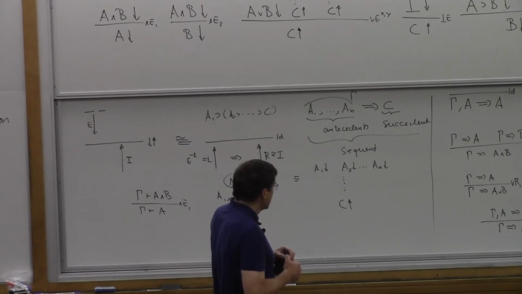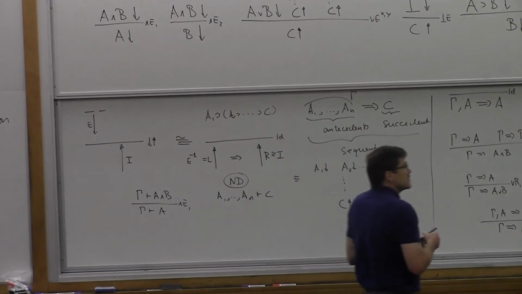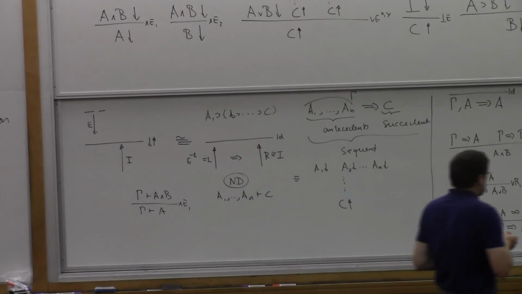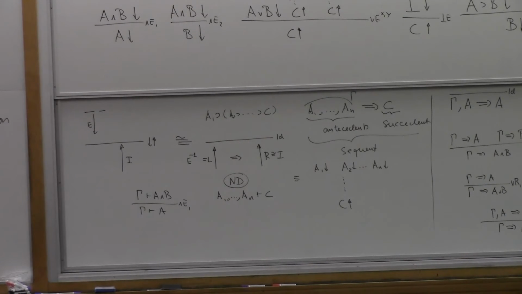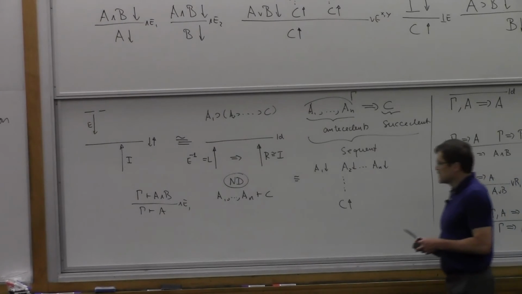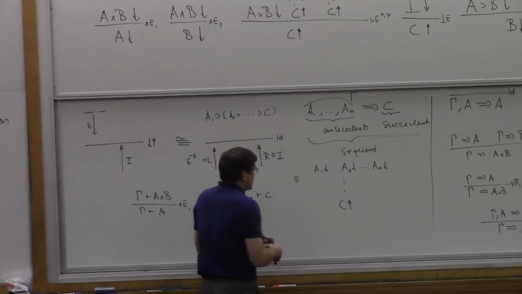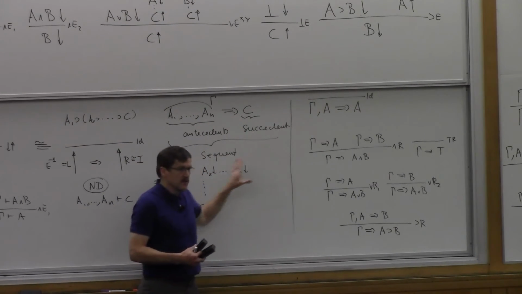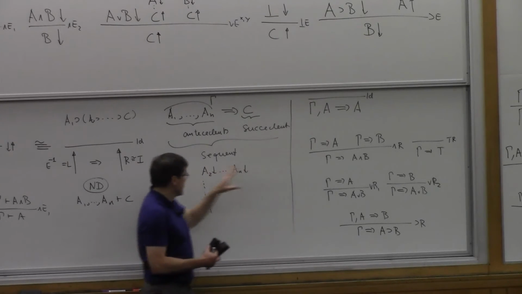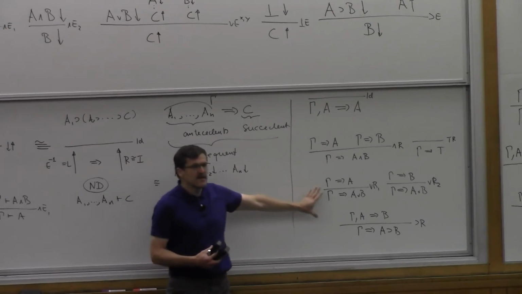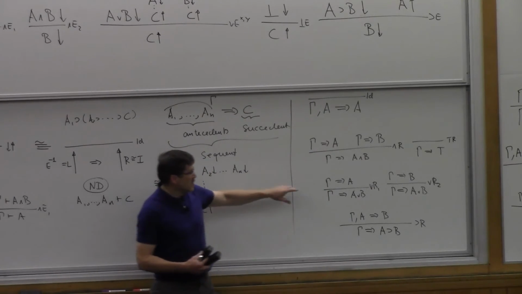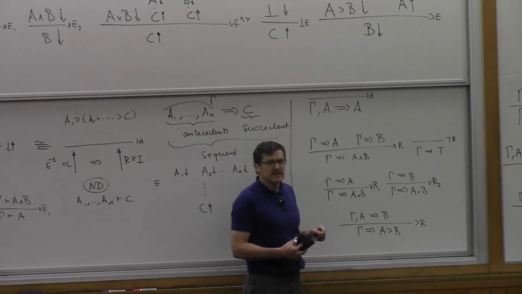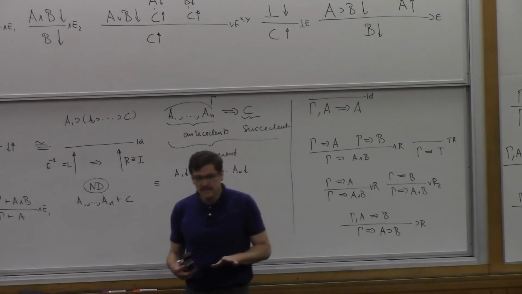So now, unfortunately I have only 5 minutes, so I'm going to have to spill this over into next lecture. What we want to prove now is, first of all, that the notion of a verification is the same as a proof of a sequent calculus, that you can go back and forth. If you have a sequent calculus proof, you can get a verification. If you have a verification, you can get the sequent calculus proof. So if I have a sequent calculus proof of something, then I have a verification of the right-hand side. That's an important theorem to be proven.